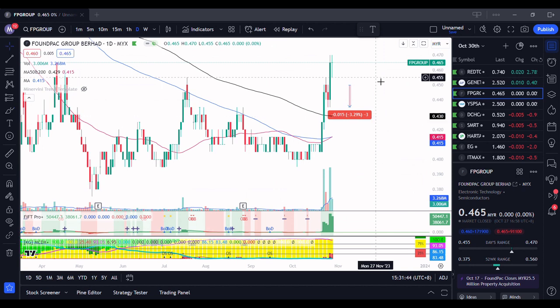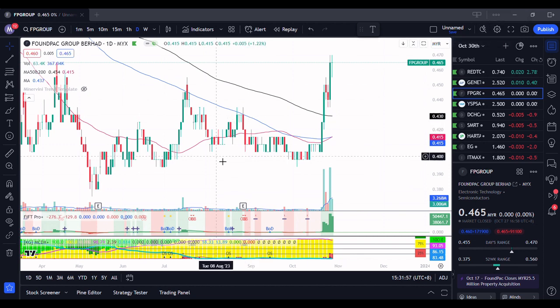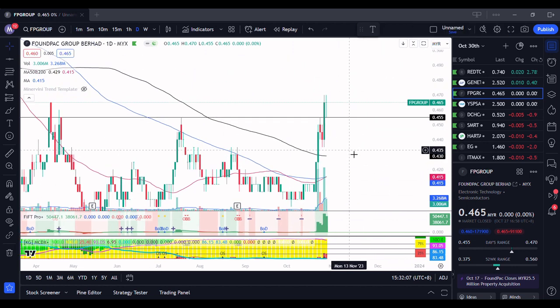Next is Fpgroup. Fpgroup is interesting in the sense that during such a bad market, it actually broke out with quite high volume, and it has been quiet for quite some time. You notice the volume has been pretty low, not much movement. So you can see that the stock has actually attempted to re-challenge and test the previous support at this level,